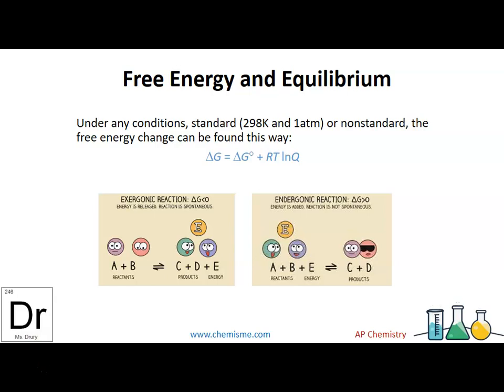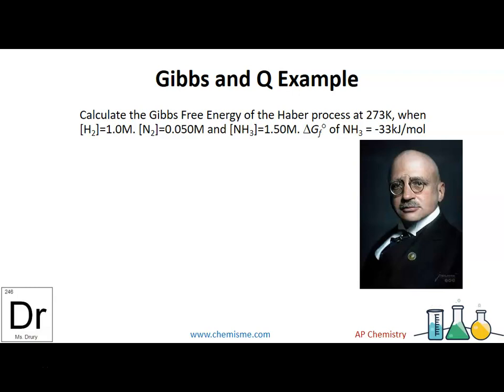The reason it's not ln K is because K would have been at standard conditions. Q is used when you're not really sure if it's at equilibrium. And then you would just plug numbers in and decide if you have a spontaneous or non-spontaneous reaction. For example, calculate the Gibbs free energy of a Haber process at 273 Kelvin. Notice it's not 298, it's cold. If these are the values and the Gibbs is given for ammonia at negative 33 kilojoules per mole if it's